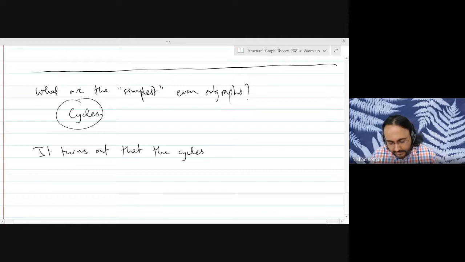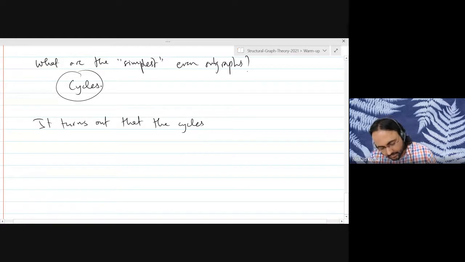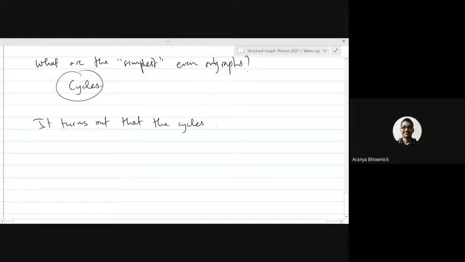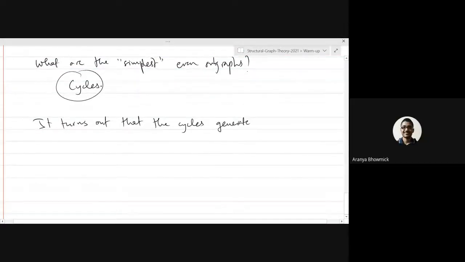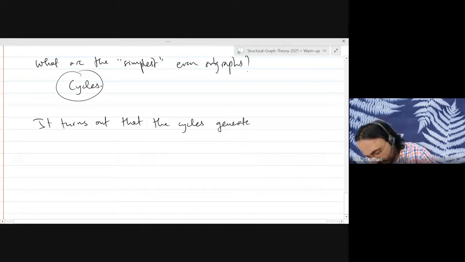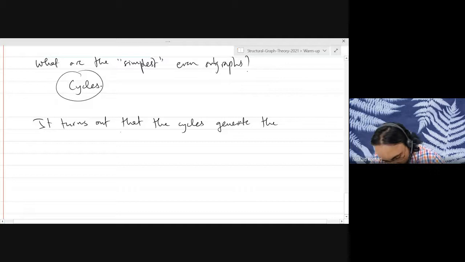So the zero vector can always be generated by taking the symmetric difference of the same element with itself in this context. So I will take basically any cycle C, and C symmetric difference C will give me the empty graph. Exactly. It turns out that the cycles generate the cycle space of the graph, which is basically, I'm defining it, the set of